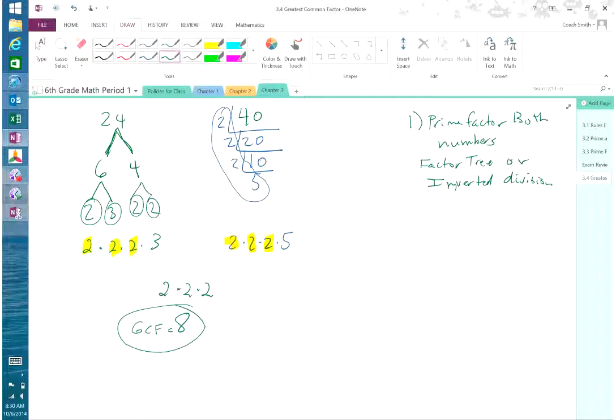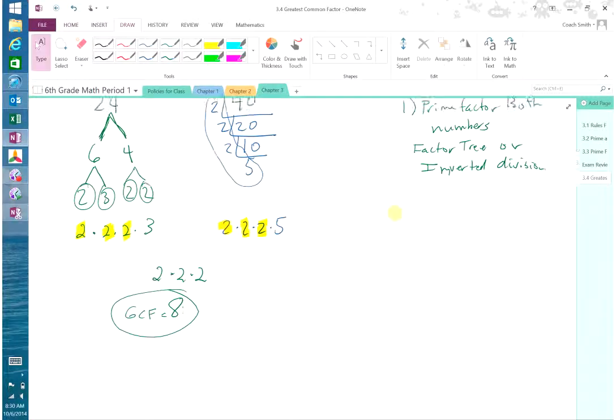Okay? I want you to do it with prime factorization because you need to get used to it, because we won't use listing factors realistically anymore. The numbers that you're going to be dealing with from now till the time you get out of high school are going to be larger than just 4 and 8. But it's just good practice to go ahead and do the prime factorization of each one. Okay? All right, now